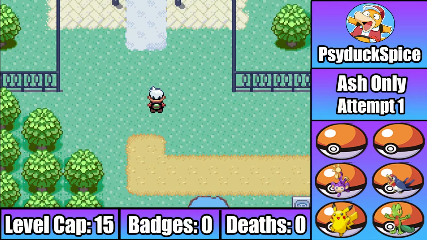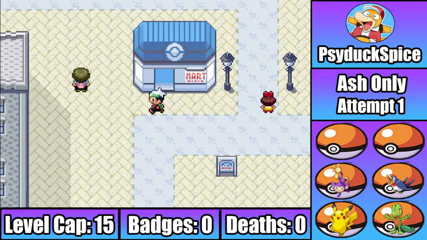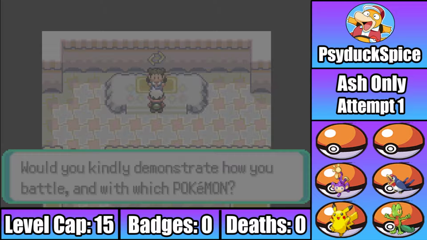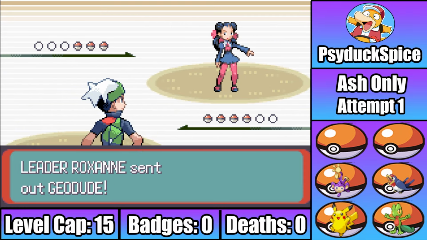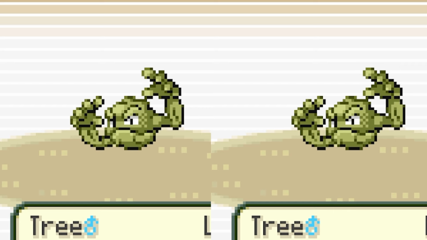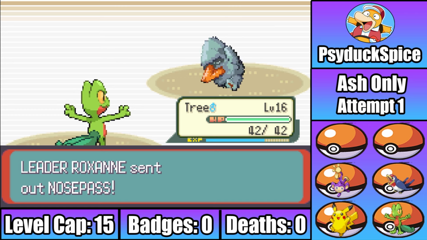With that, I've got my early game team set up, and that means it's time to make our way to Rustboro City for our first gym battle of the run. Our first challenge of this run then is taking down Roxanne and her rock types. Roxanne can actually be a challenge here, even with Tree by my side. Tree can easily dispatch both of Roxanne's Geodudes,